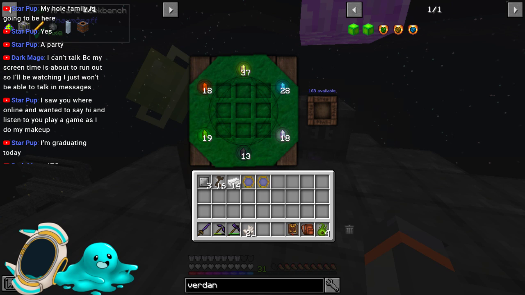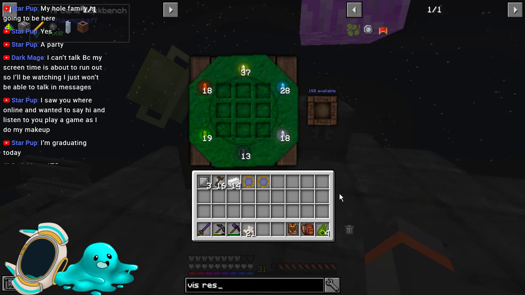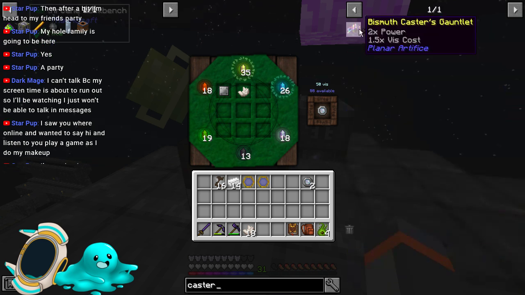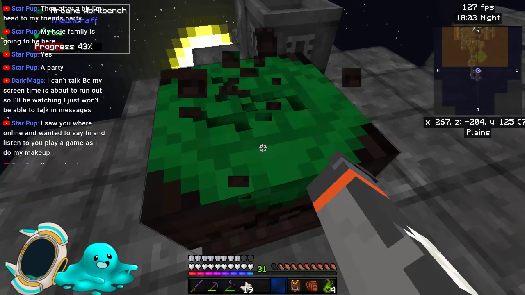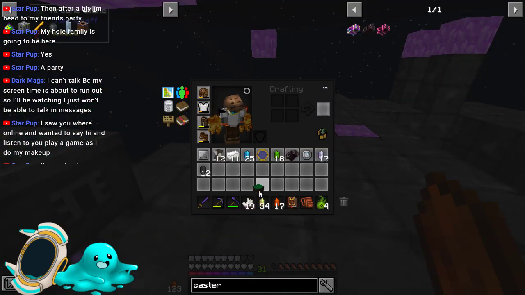So, we want to make the Vis Resonator. And actually, we could probably do with making a couple of Vis Resonators. And then we want to make a Caster's Gauntlet. And this is one of the elements of Thorncraft where we make spells, basically. But in reality, like...